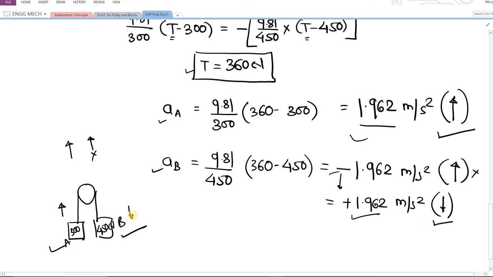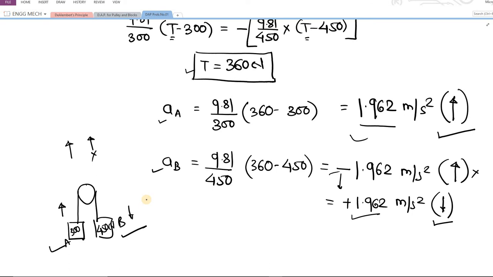Okay, but prediction will not work when there are more blocks, with interconnected blocks and interconnected pulleys. Apart from 2 blocks, there will be 3, 4, 5 blocks. In that case, we have to follow the same thing. We will take the direction of motion as upward as an assumption, then proceed toward calculation of T, then calculate the acceleration. For whichever block the acceleration comes out positive, it makes sense that our assumption was correct. In case the value of acceleration comes out negative, then we say our assumption is wrong, and let's change the direction.